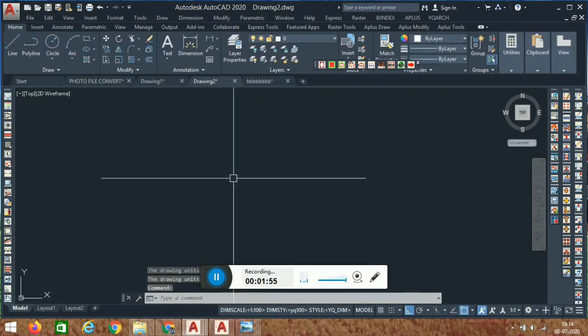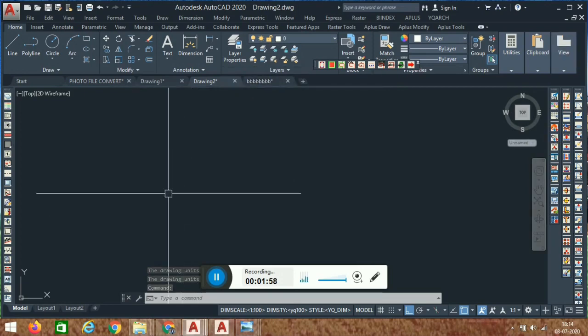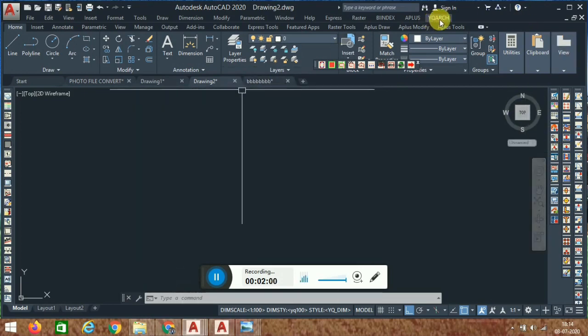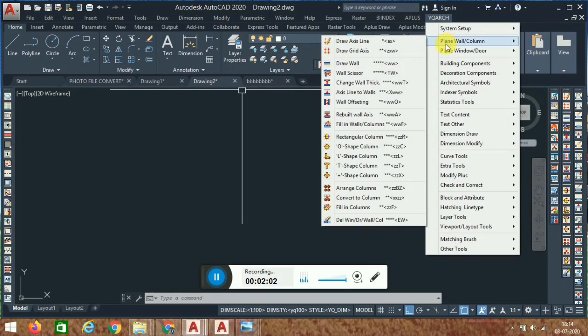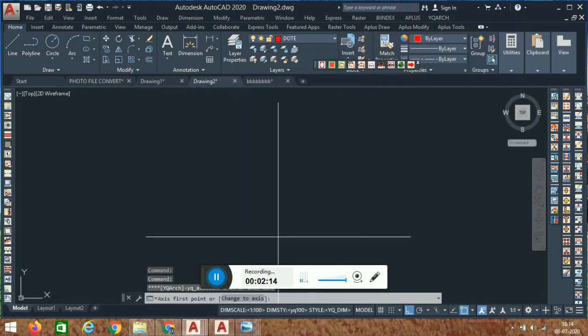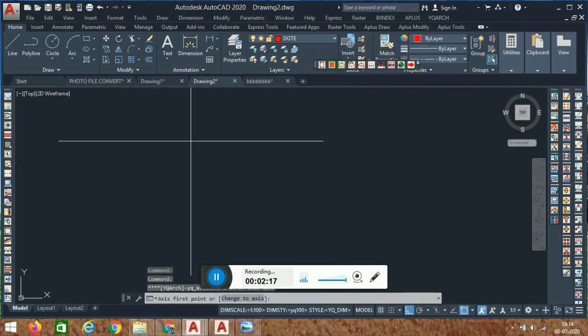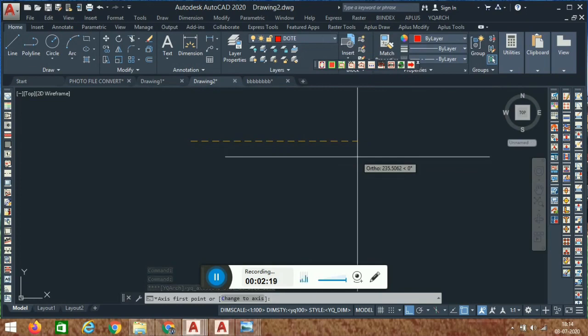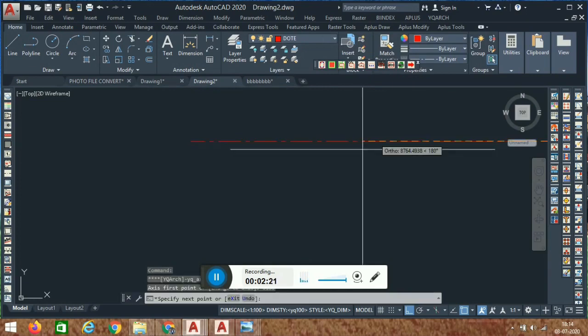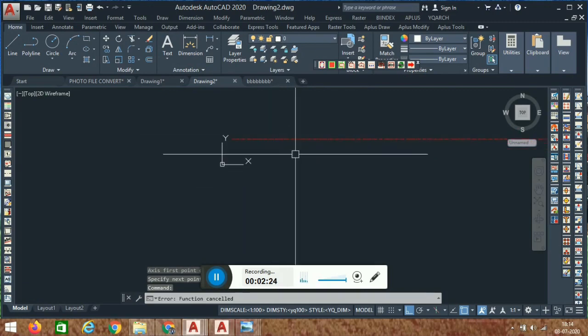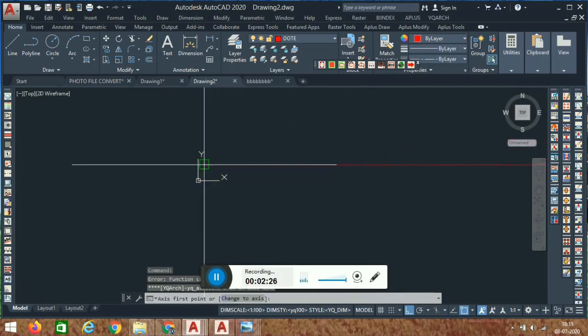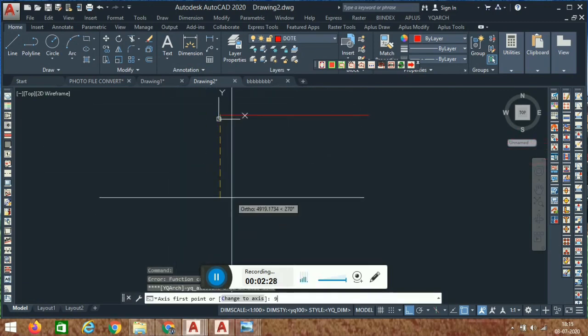In the same way, if you want to make the grid of any structure, you can do it very easily. You can go to YQArch, plane, wall and column, and here we have two options to generate a drawing with the help of YQArch. So first I am going to give you the example to draw the axis line. Simply draw the line. I am going to type 9000 and press enter here. In the same way we go in the y direction also, and in the y direction also we go for 9000,